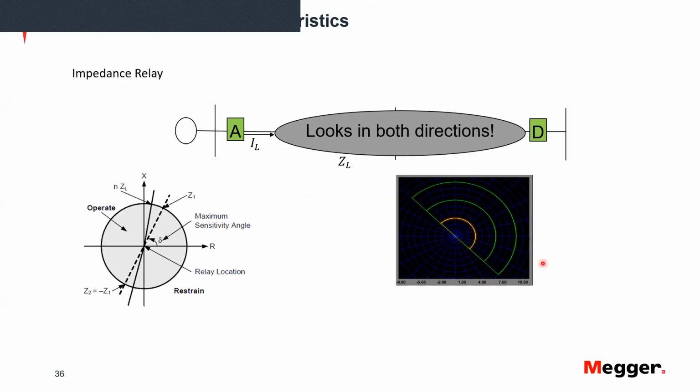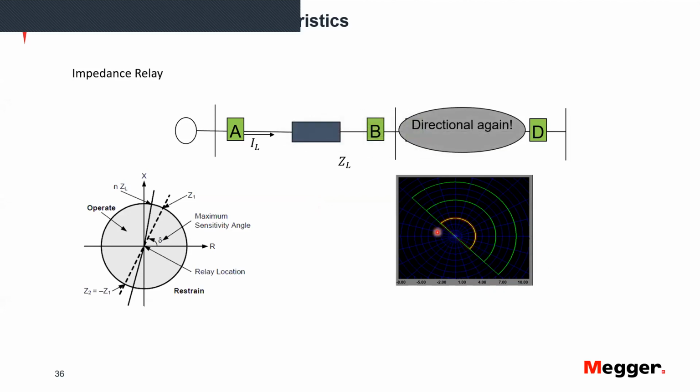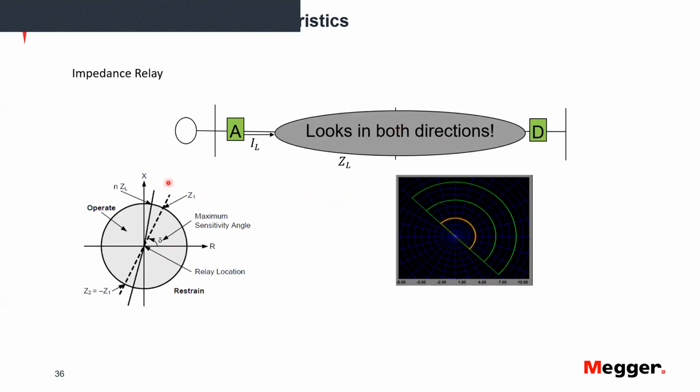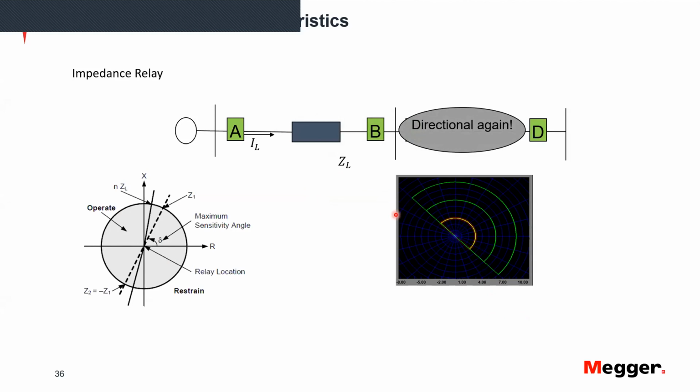So now that we have this directional control on the impedance relay, we see that this relay is directional again. We represented here a relay on C. Initially, it was an impedance relay on C, but it was looking in both directions because there was no directional control. But now we have a relay in C that, since we have some sort of directional control, looks in the proper direction. Now, these relays, to be honest, are not very popular. They are a good idea. It's a good tool to teach